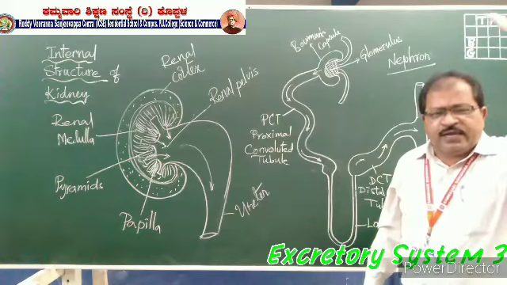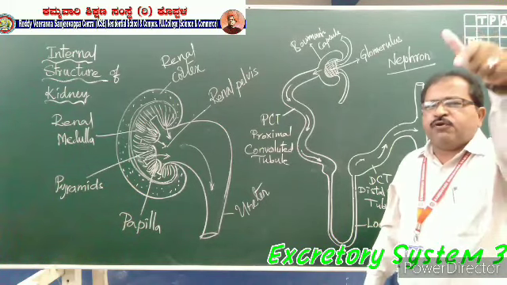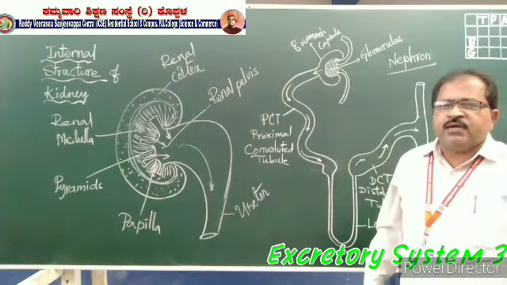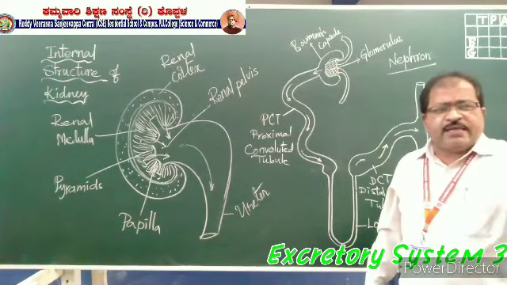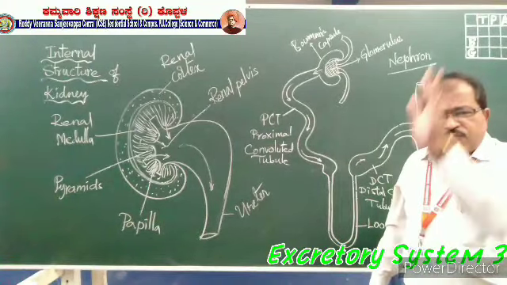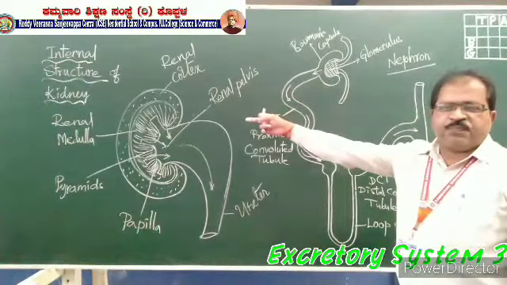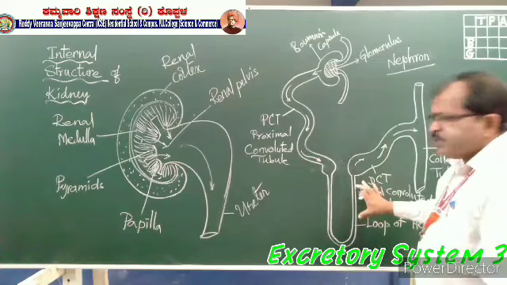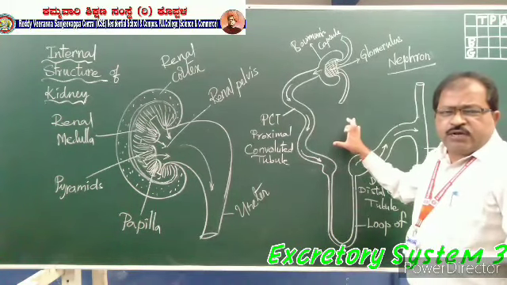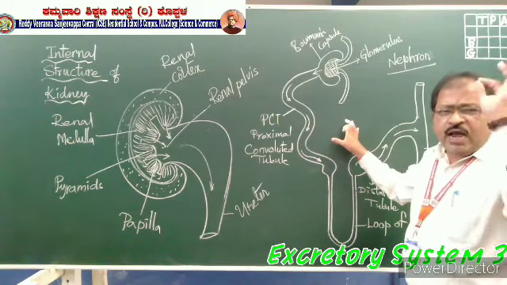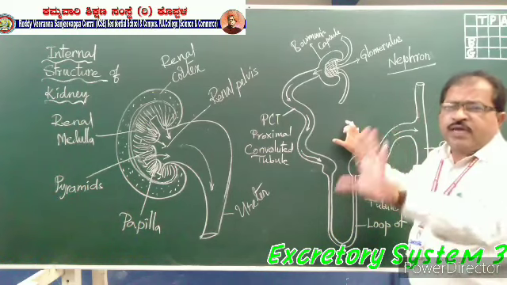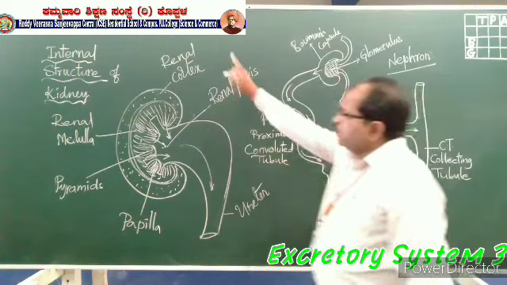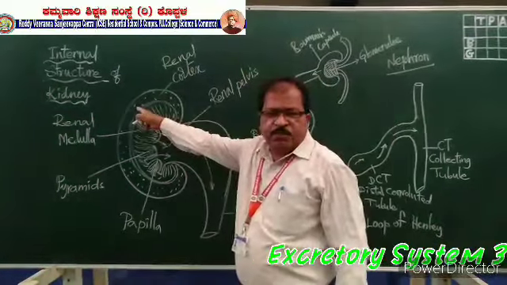Blood is purified in the lungs, and the blood is filtered in the kidney. Once again, blood is purified in the lungs and the blood is filtered in the kidney. In the kidney, nearly 2 lakh nephrons are present, and these nephrons are the structural and functional units of the kidney, because the total structure of the kidney, that means the renal cortex is